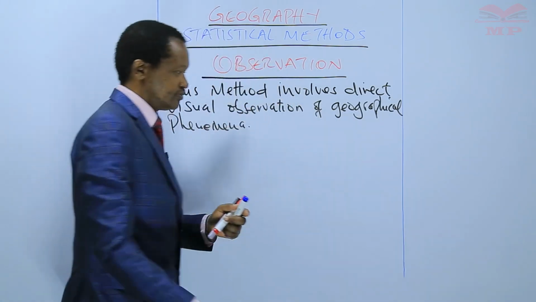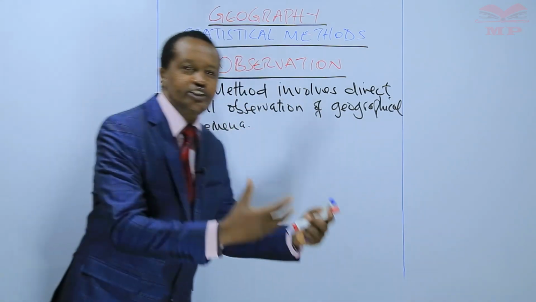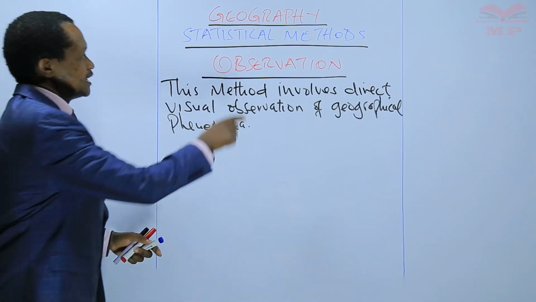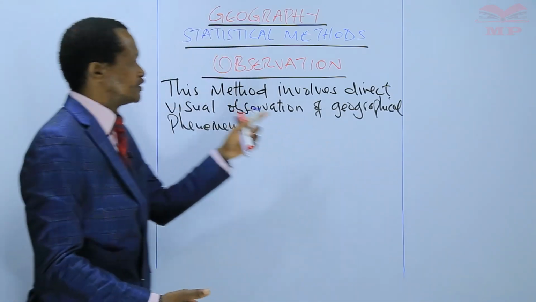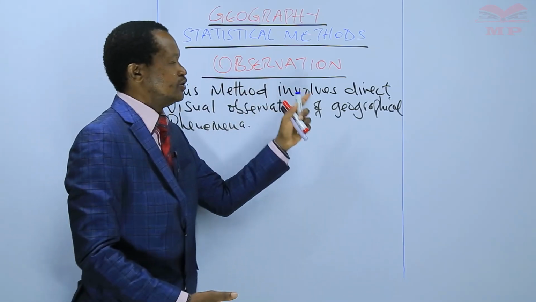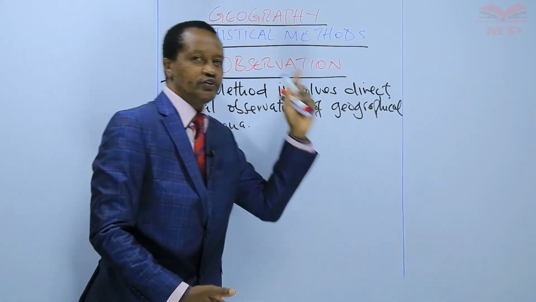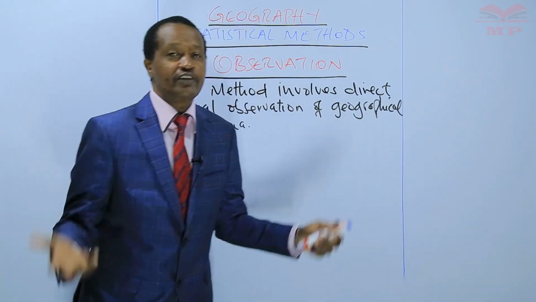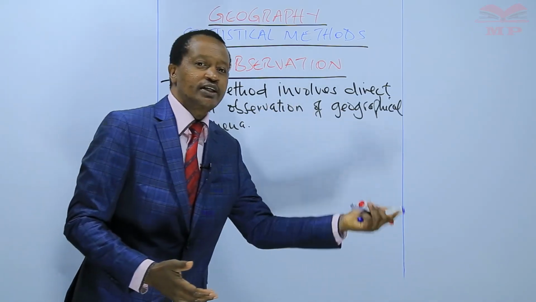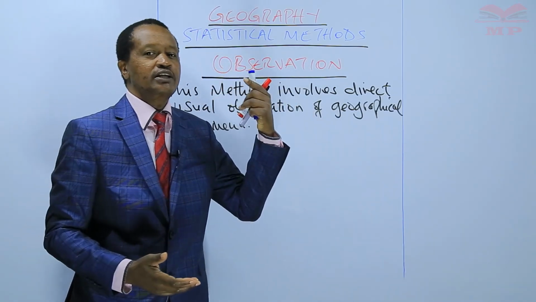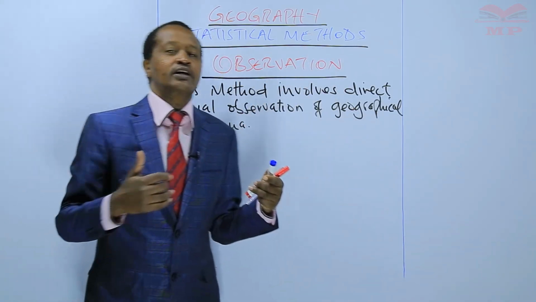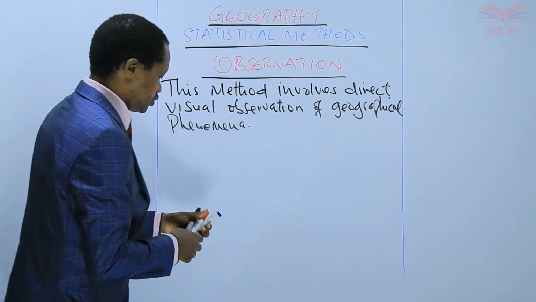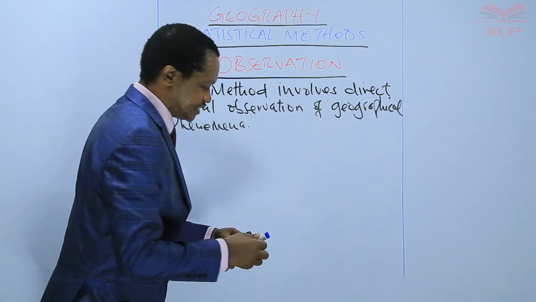Observation, learners, is a method of data collection that involves direct visual observation of geographical phenomena. I gave examples of geographical phenomena like the wildlife, the rocks, vegetation, and so on. So let us now move to give the advantages